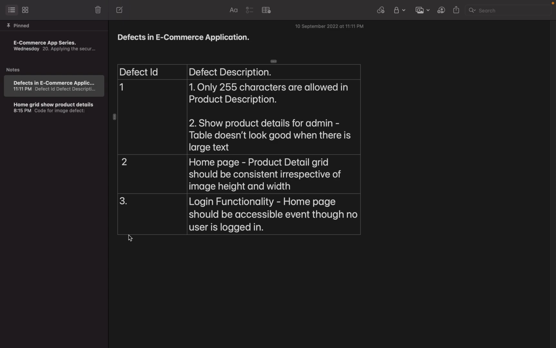But the very first defect that we are going to fix is all about the product description. As of now, the product description has a limited length of 255 characters. We are going to increase that, because a product description can be multiple lines or some bigger text. But there is a second problem associated with it: as soon as we increase the product description length, then